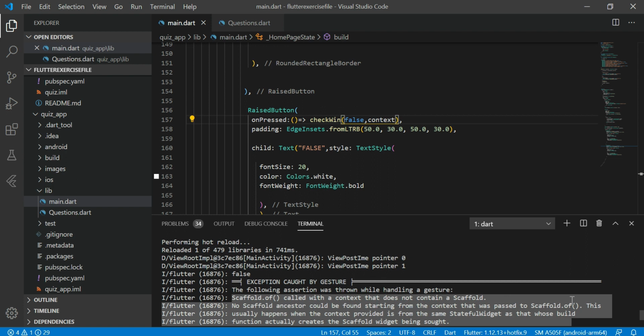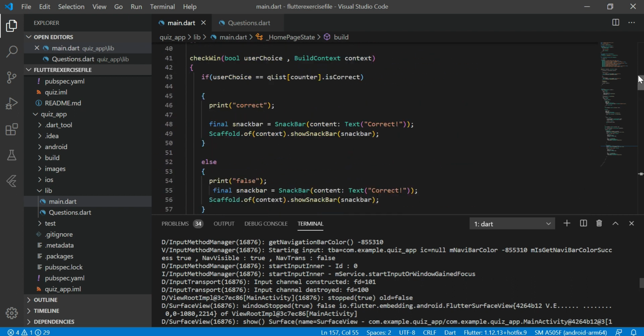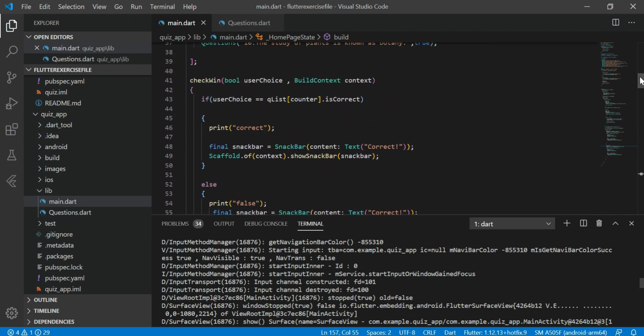Just listen carefully to one thing that I'm going to tell you about what build context is. Build context is an object that knows all about the structure of our app and our user interface, where things are placed, like container, column and all our widgets. That's why we need to pass the build context every time we are constructing our app. In simpler words, build context is a tree and all the widgets like container and column are its branches. The tree knows, or you can say it sets, the locations of all the widgets like container, column and everything. Now this error occurs.